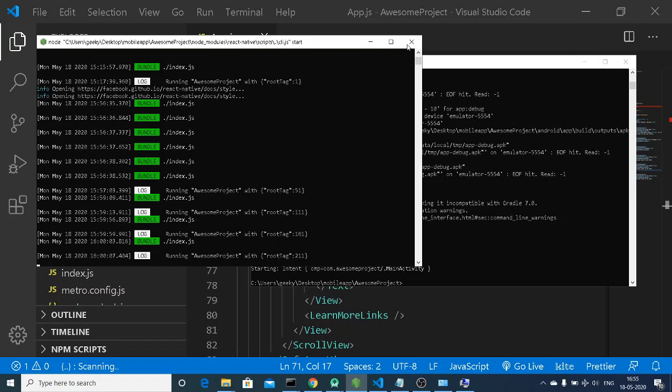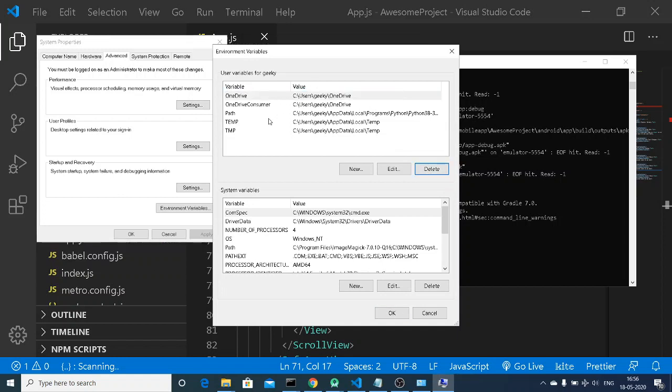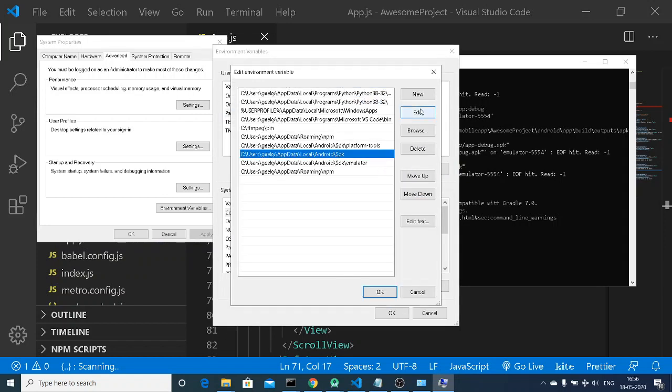Just wait, I'm showing you. You need to wait here and watch the full video. I will show the step-by-step process. First of all, I will delete all the entries that I have made to the system variables so that you can start fresh. I will also delete all the entries that I made to the path variable so that I can show you step by step what entries you need to make.